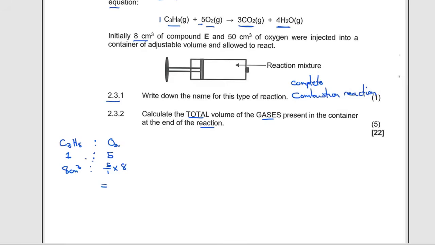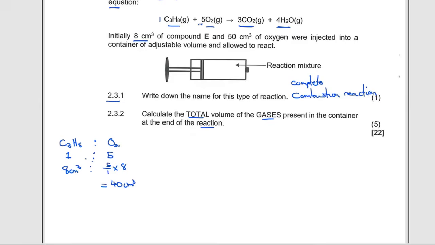Let me quickly punch it in. It's 5 times 8, which is equivalent to 40. So on this side we're going to get a volume of 40 cubic centimeters. Then moving on to the next one, the next question reads